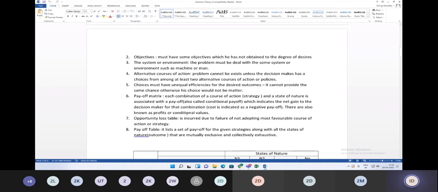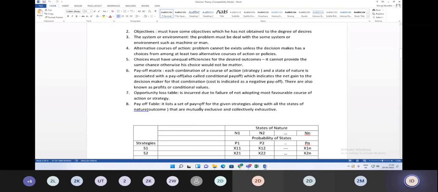Payoff matrix, as I said, is provided while taking a decision, that is the historical data. Sometimes in an organization, if you want to allocate a man to a machine, how do you allocate? You should know some historical facts of the machine as well as some performance of the human or employees. Then only can you conclude that a particular person is assigned to a particular machine, like an assignment problem.